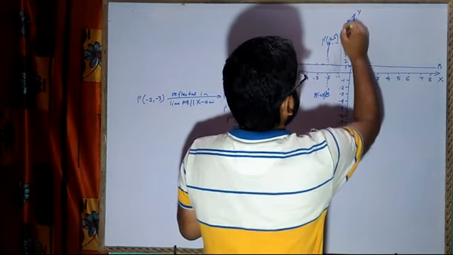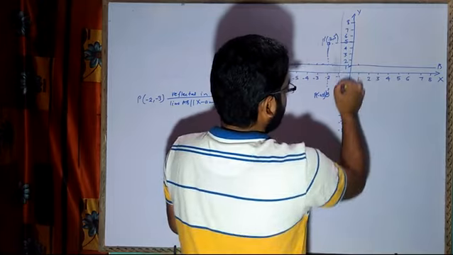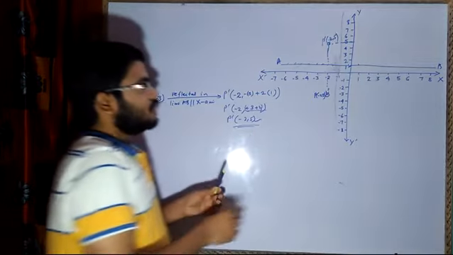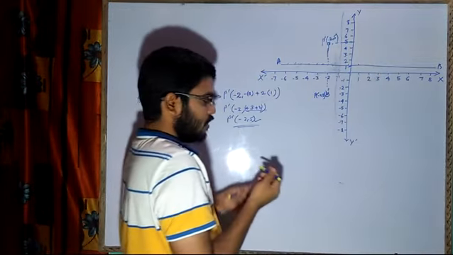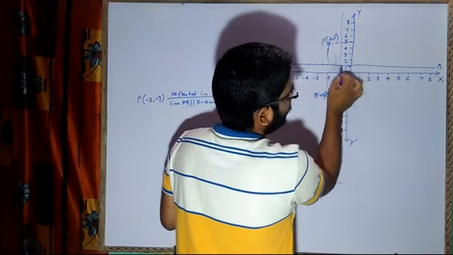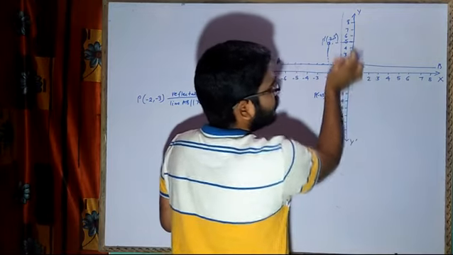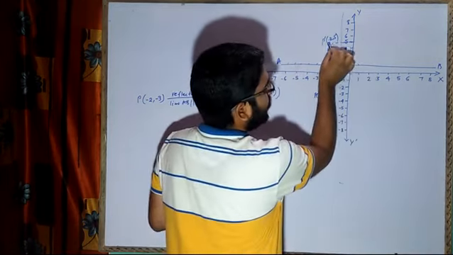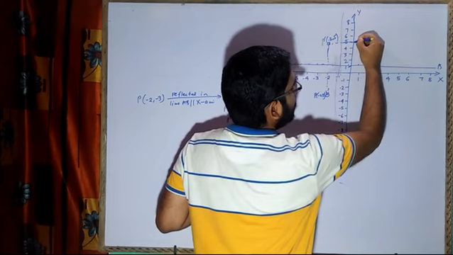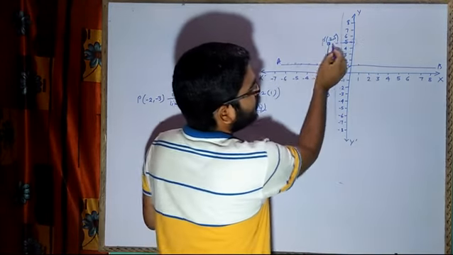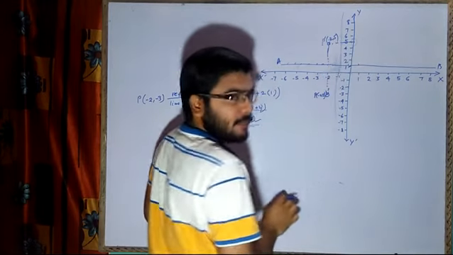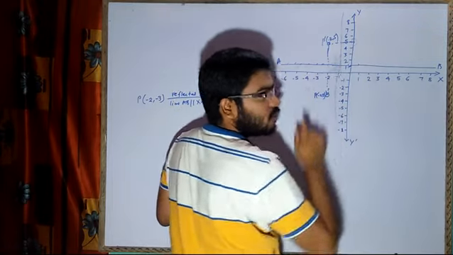Negative. So here, again this is the line and we have to reflect this point. Obviously the mirror is this side, so it has to go that side. Now if you don't know, see the distance, how much is the distance from here to here? The complete distance was 2 units. At 1 unit I have placed one mirror. So the distance between the point and the mirror is 1 unit. So this point will go one unit behind. That means this point will come here. The distance between the mirror and the image will also be equal to 1 unit.